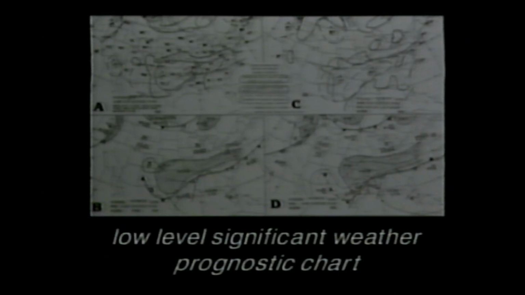The low-level significant weather prog chart is made up of 4 panels. The 2 lower panels are 12 and 24-hour surface progs. The 2 upper panels are 12 and 24-hour progs from the surface to 400 millibars, or 24,000 feet. The charts show conditions as they're forecast to be at the valid time of the chart shown on the panel. You should use the top and bottom panels together to get an overall picture of the weather conditions over a certain area. Between the top 2 panels is a legend which describes how the chart depicts IFR, marginal VFR, turbulence,